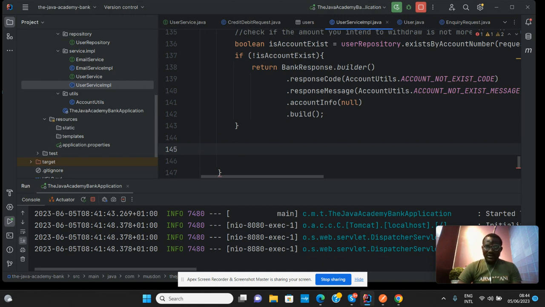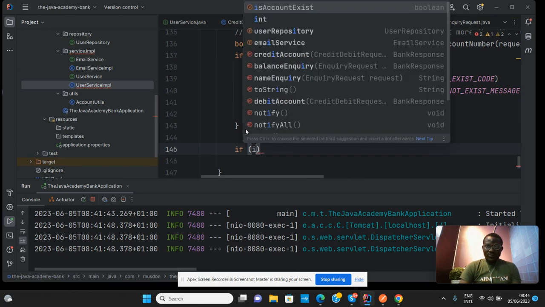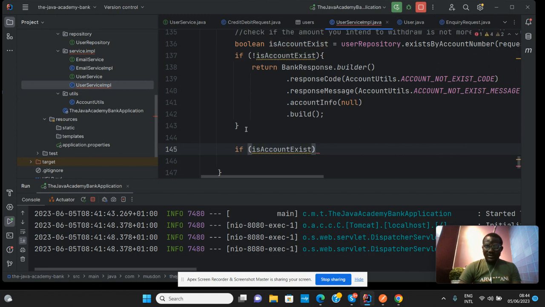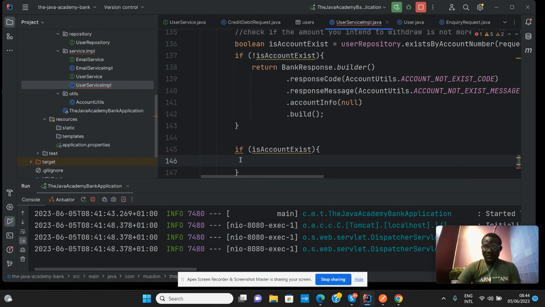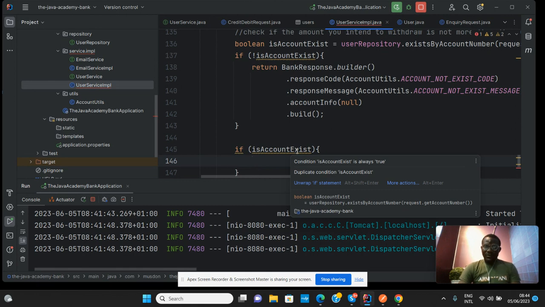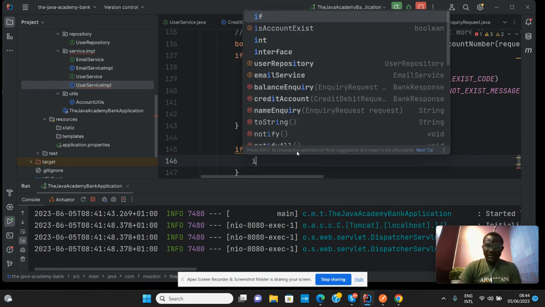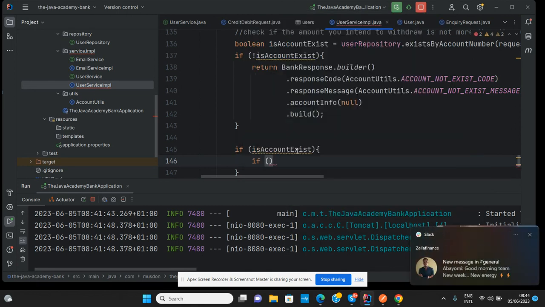Then the next step is, if the account actually exists, at this point we'll then check if the amount that is currently in the account